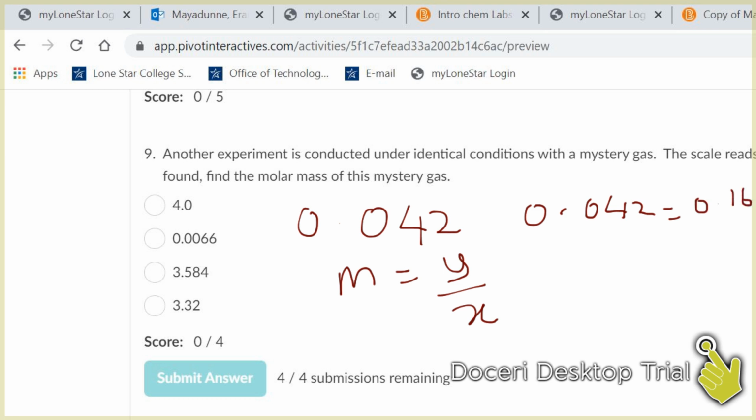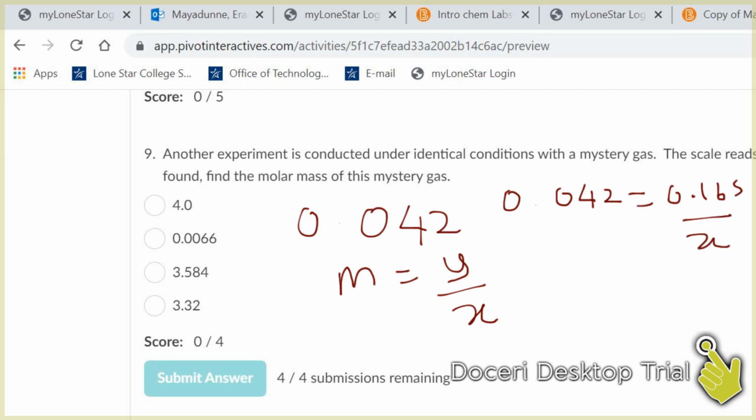No, I can write it here. So 0.042 equals 0.165 divided by x. I have to find the molar mass. Molar mass comes to the x. So my x is